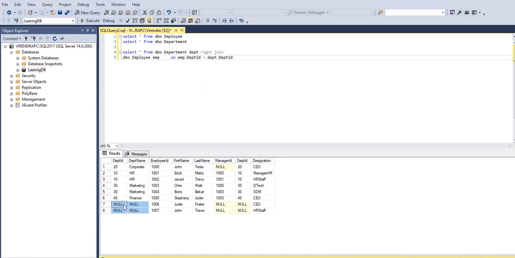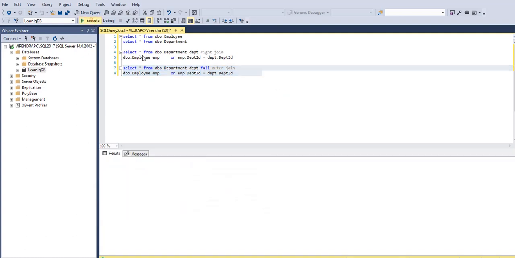Right now you see 50 and 60 are missing, but we do have all the records for the employees. So to get all the records, instead of doing a right join, we do a full outer join. And if we do a full outer join, now what we have is all the records.